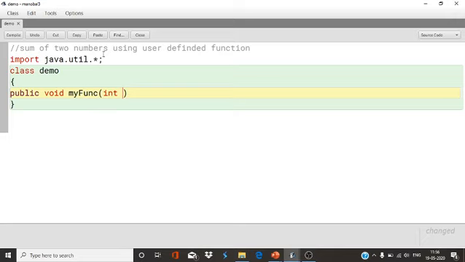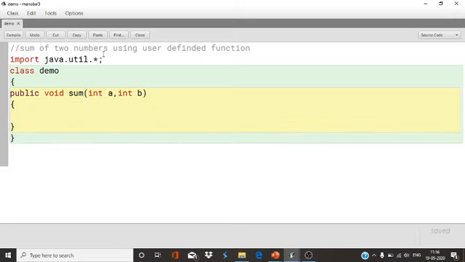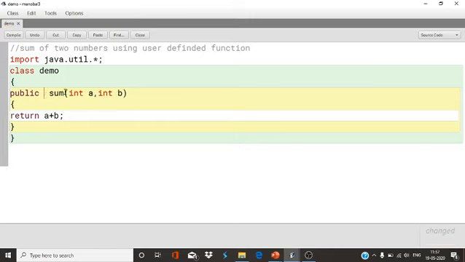Parameter I'm giving here int, or simply sum, you write here sum, so that it will be easier to understand. int a, int b, return a plus b. Now you have to give the return type int so that it will return the value a plus b.